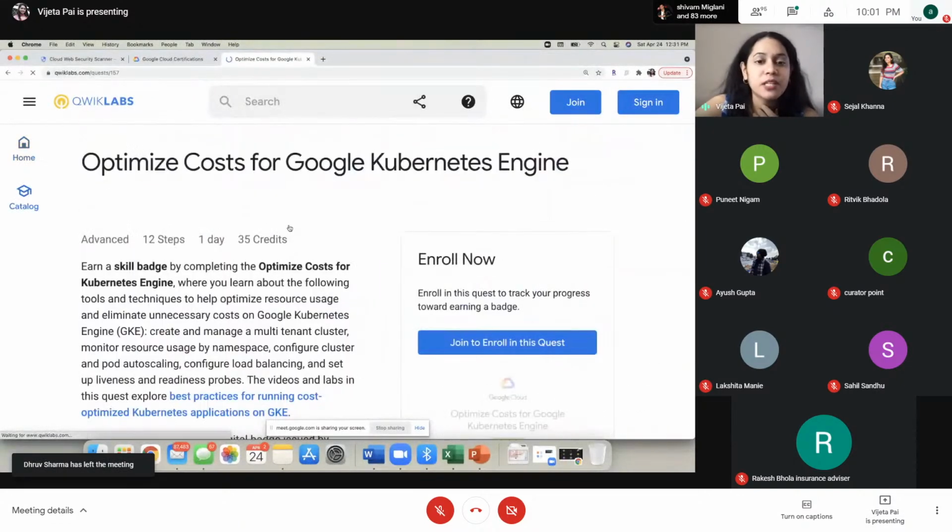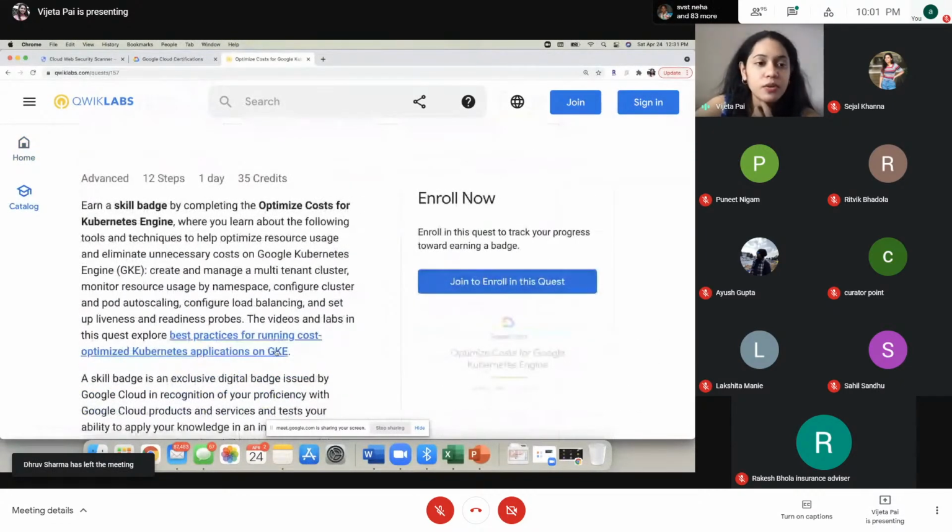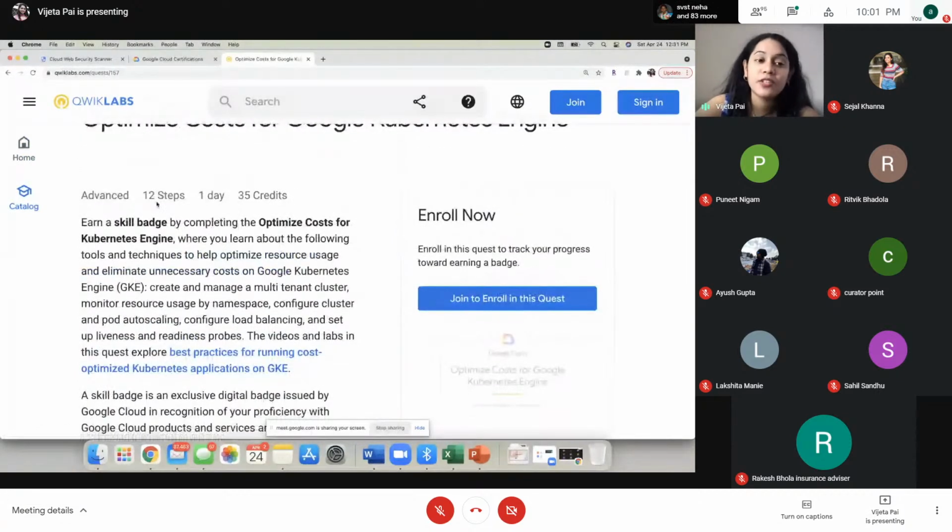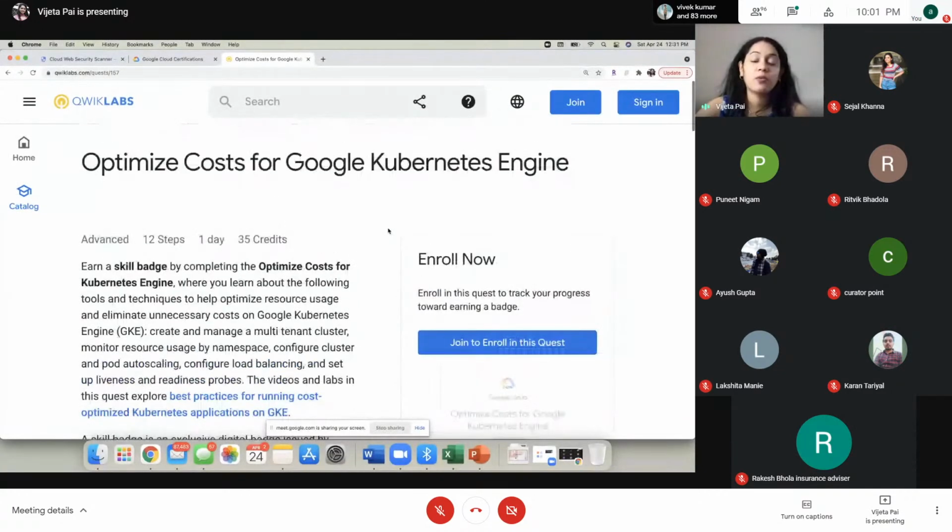So if you click on this particular quest, for example, and you enroll in the quest, you will earn a badge. That is, Google is going to certify that, hey, you are able to complete this particular lab or this particular activity. So you are well versed with that. So depending upon the amount of quests you complete and depending upon the amount of badges you earn while completing the quests, you can also be very well recognized by Google, as in they're going to give you badges, and this is something you can demonstrate on either your resume or on your LinkedIn profile for that matter.